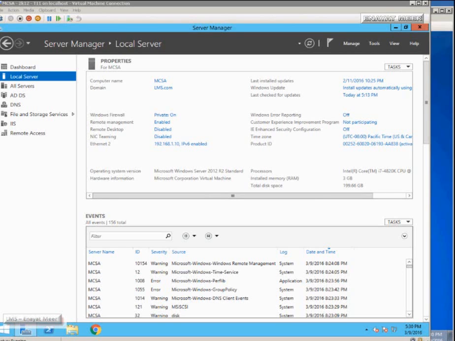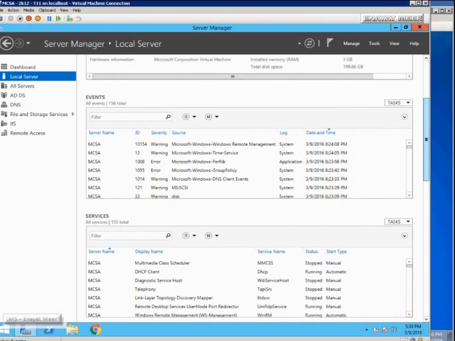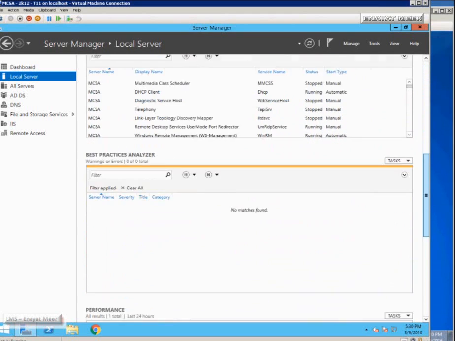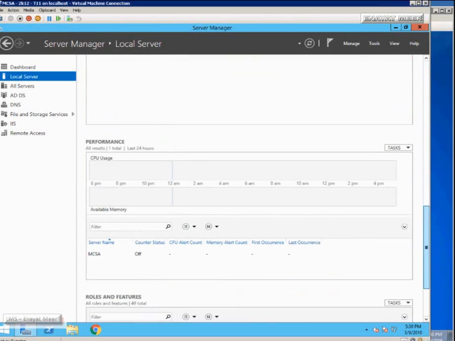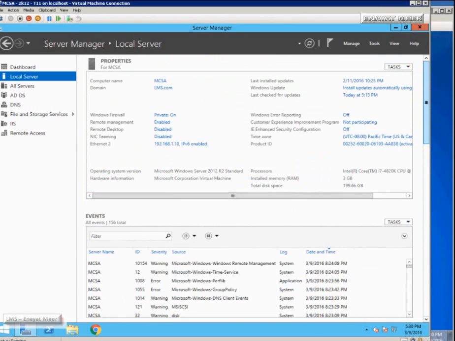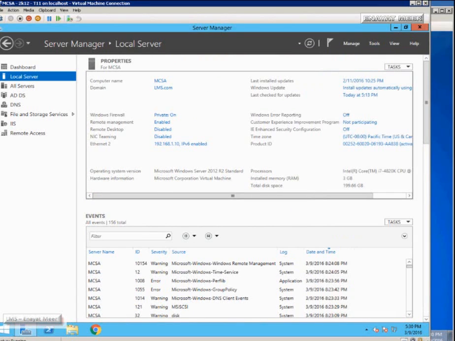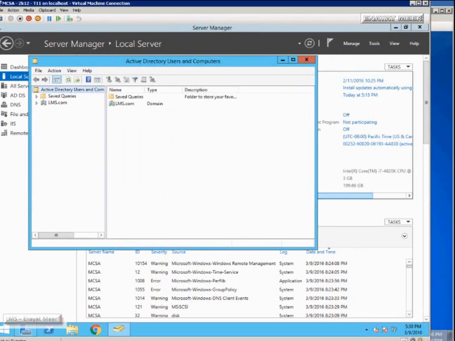So my workgroup changed to the domain lms.com, and my Windows Firewall is on, and you will see all the other events or services, and you can scroll down here to look at the details. So everything belongs to my MCSA host name and the lms.com domain, which I'm showing you right now through Tools, or you can also use the dsa.msc directory services command.